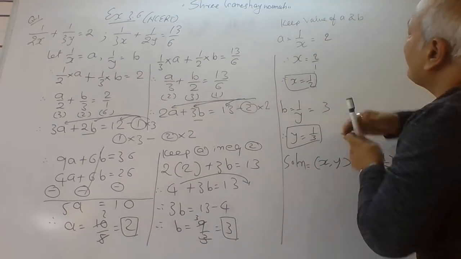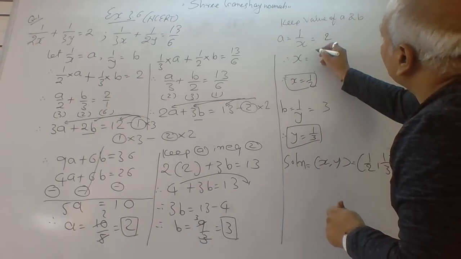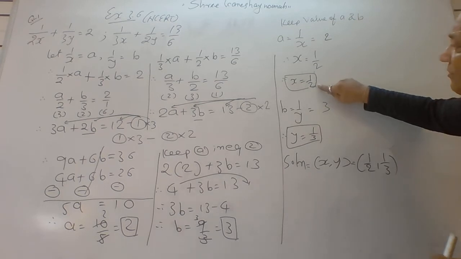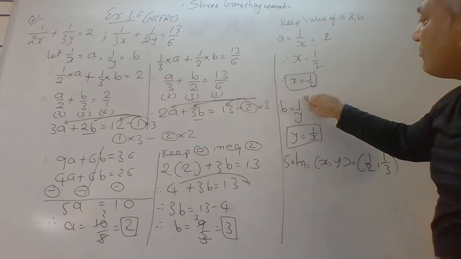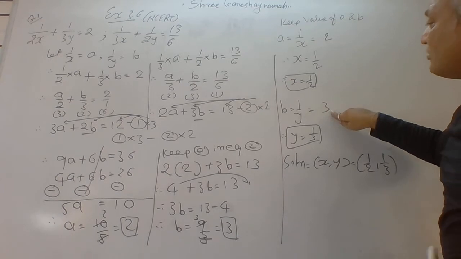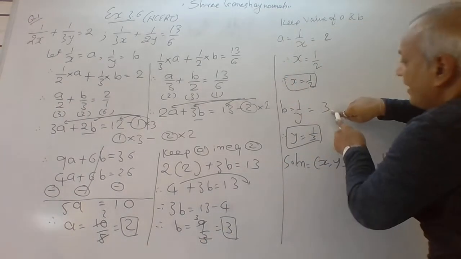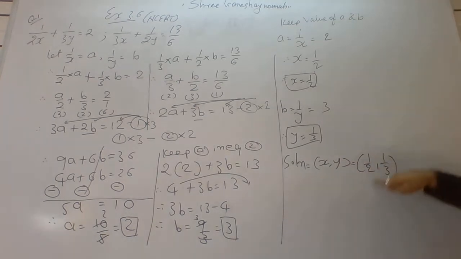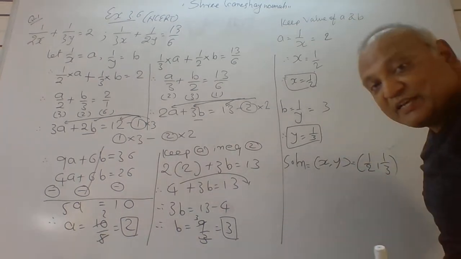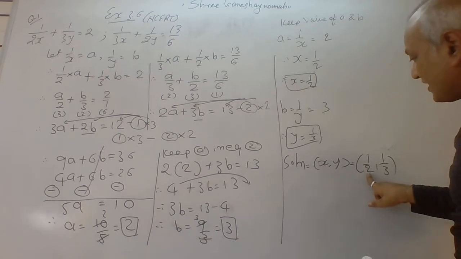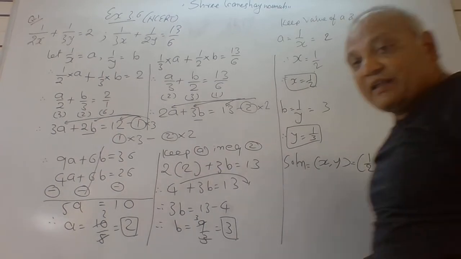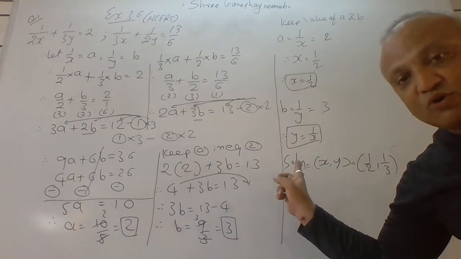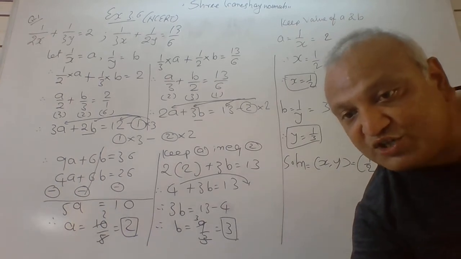Then we have to take the reciprocal. It will be 1 upon 2. So x is equal to 1 upon 2. Now b is equal to 1 upon y. 1 upon y is equal to 3 because the value of b is 3, and taking the reciprocal, y is equal to 1 upon 3. So the solution x, y is 1 upon 2 and 1 upon 3. Again I am instructing: first x means first x, then y. Is it clear, friends? I hope you understand this sum. So keep practicing, look at the board and repeatedly watch the video.